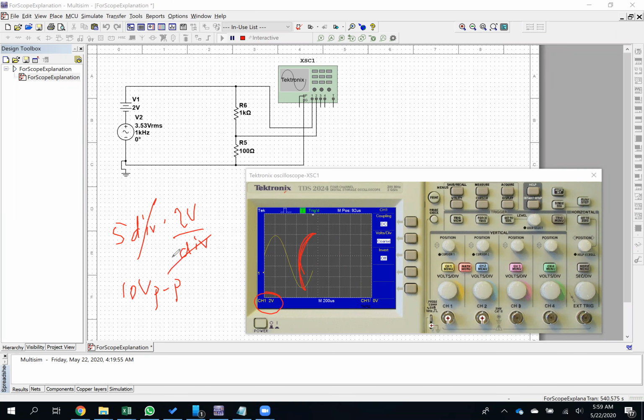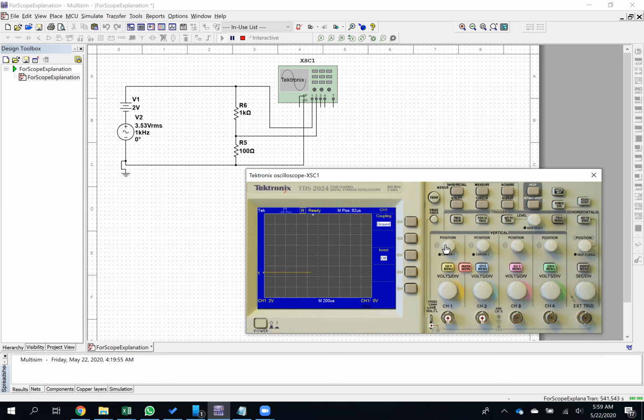Now, the one thing that you can't see on there is where the ground reference is. So let's change the coupling to ground coupling, and you can see, there where the 1 is pointing with the little arrow, that's where my ground is. So let me position the ground so that it is, I'll put it on, that line's okay. I want to make sure there's enough space below and above for my waveform. So I've positioned the ground to that 3rd major division up there, and then I'll put it back to DC